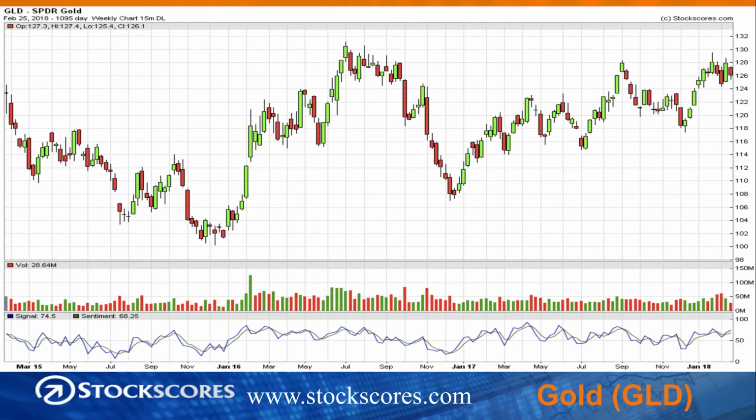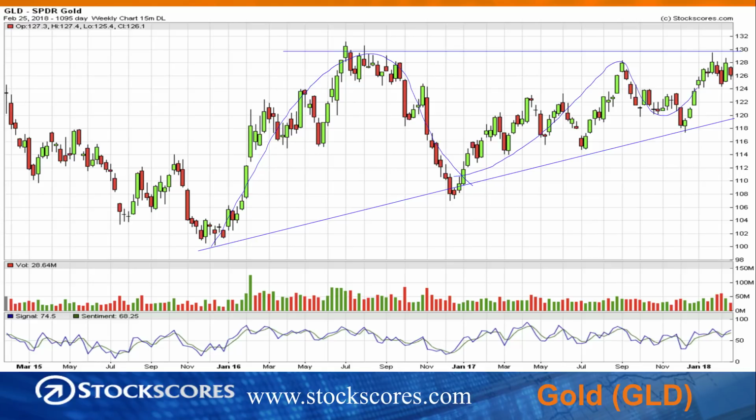And gold, which benefits from the weakness in the US dollar, building an optimistic chart. You can see this very long-term ascending triangle pattern. Lots of volatility on the left side. Now we're over on the right side getting much less volatility. We may see gold pull back short term, but if it can break through this ceiling price, 130 on the